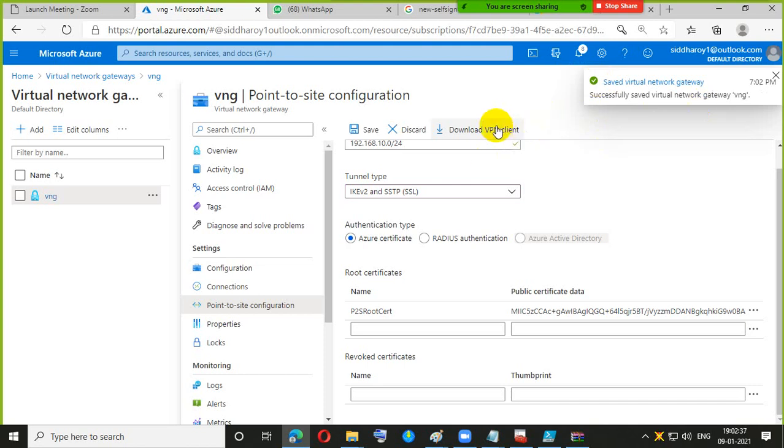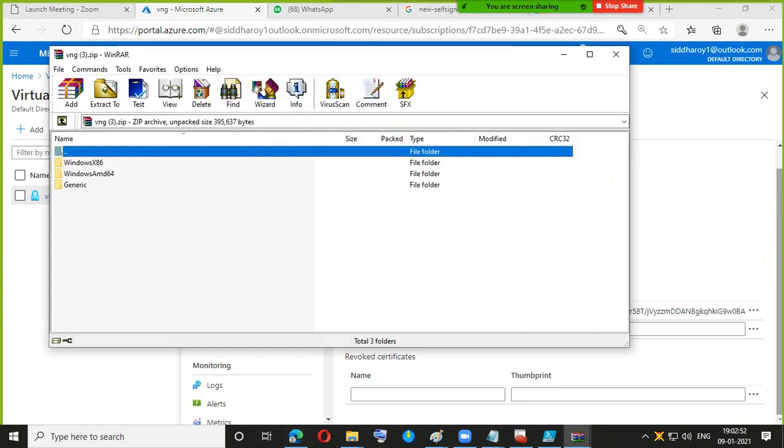Okay, so now try to download it again. Yes, that's what I'm actually looking for. I had wrongly selected that part.